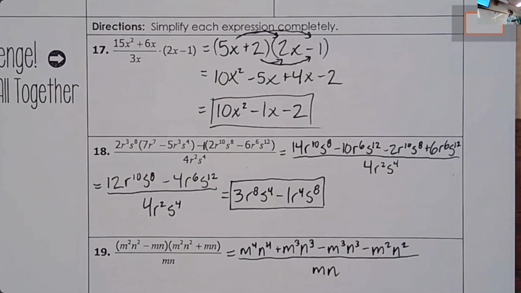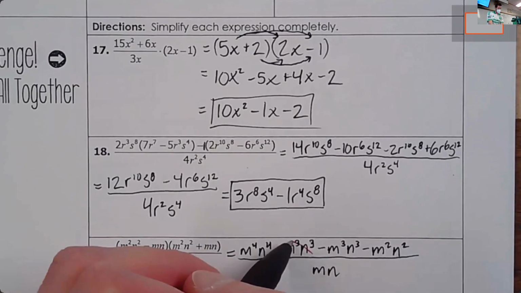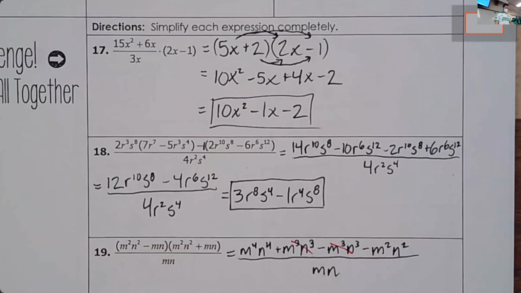I think the easiest way to get lost on this one is to forget where your m's and your n's are because there's just a lot of them. Okay, can we do anything on the numerator still here? What do we think? All right, what happens? Yeah, and what happens when you do that? Yeah, the positive m to the 3rd, n to the 3rd, minus the m to the 3rd, n to the 3rd, those cancel out. Those two in the middle cancel out, which is kind of convenient because that leaves us with